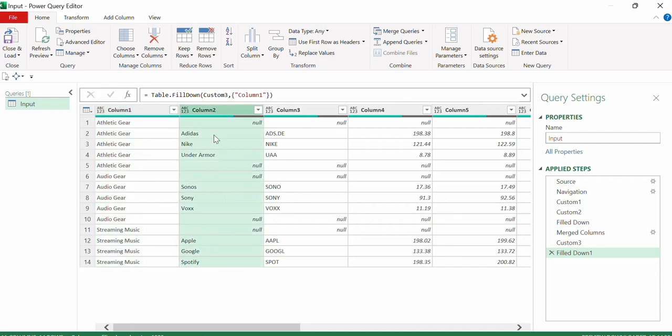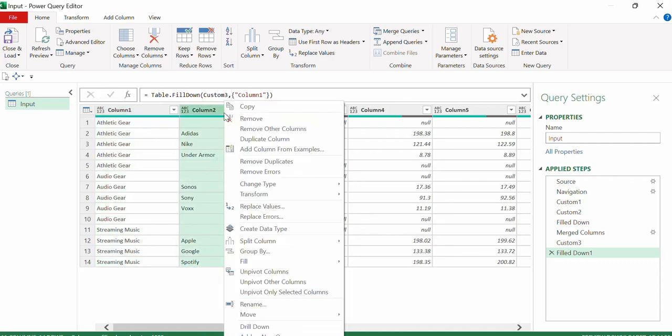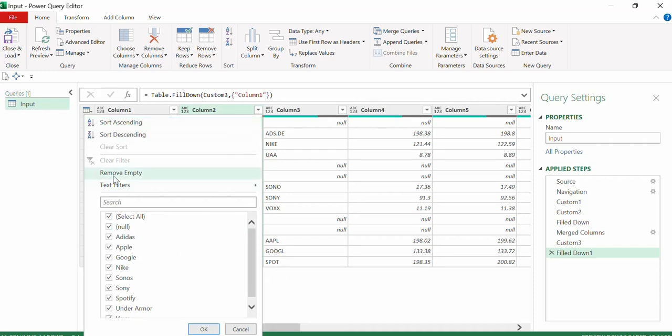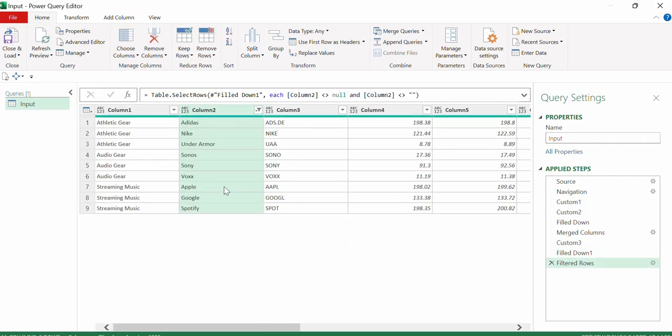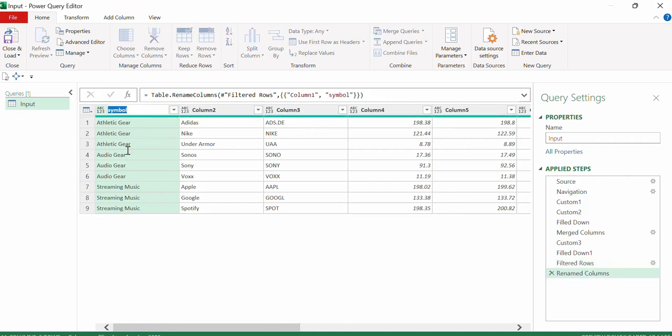Then the next step will be to remove the nulls from this column 2. So what we will do, we will filter out empty cells from this column, and then we get this as our result here, right. Next step is to rename each of these columns here. So here this should be actually symbol here. So let's say we name this to symbol, right. So this is sector, actually my mistake. So this is sector, this is company, this is symbol,